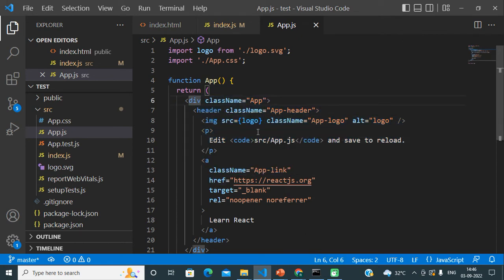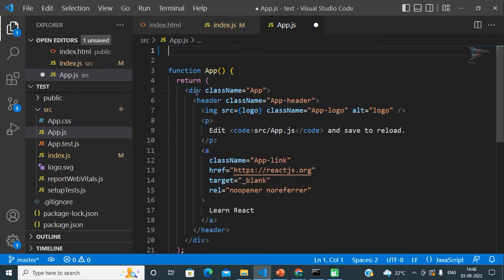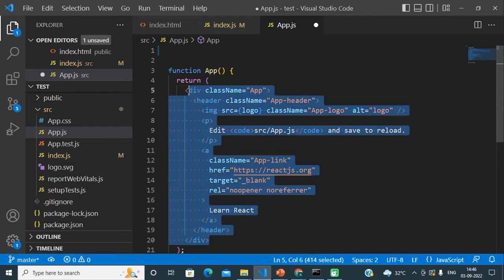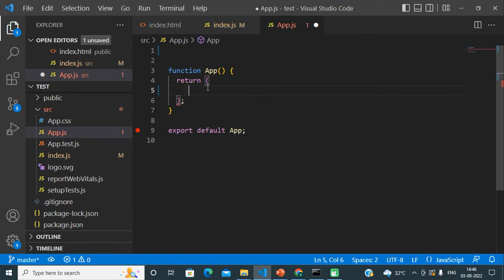Okay, so now I am going to delete everything they have provided to us. I am going to delete everything from that file, and you can see friends, a component is not that big a thing to understand. A component in React.js is a normal JavaScript file which has a normal JavaScript function.